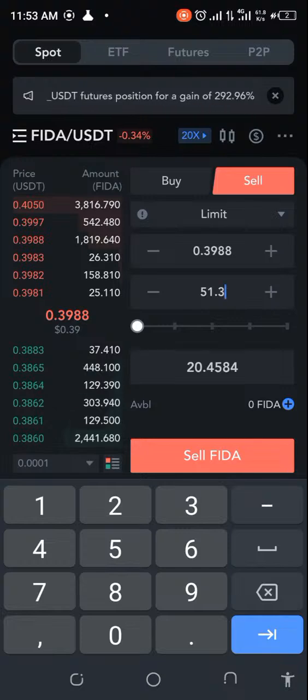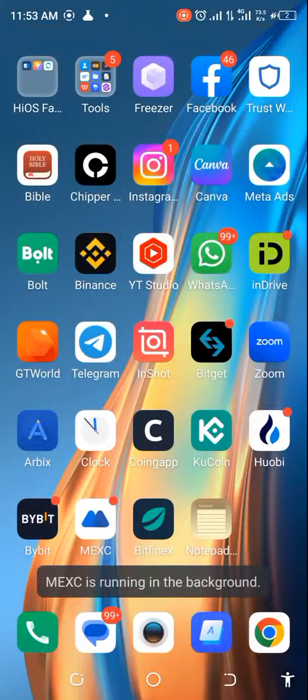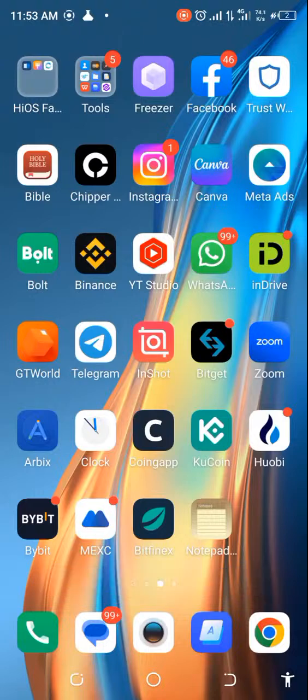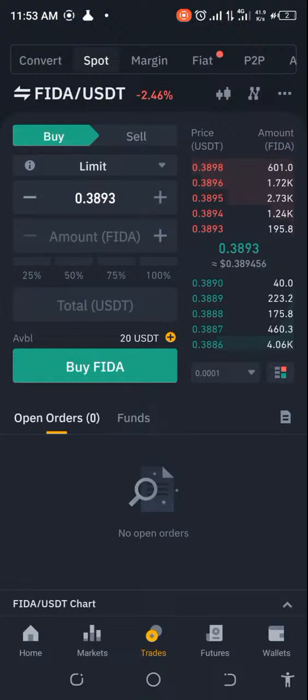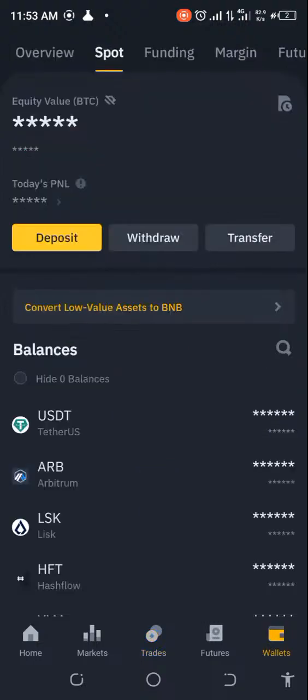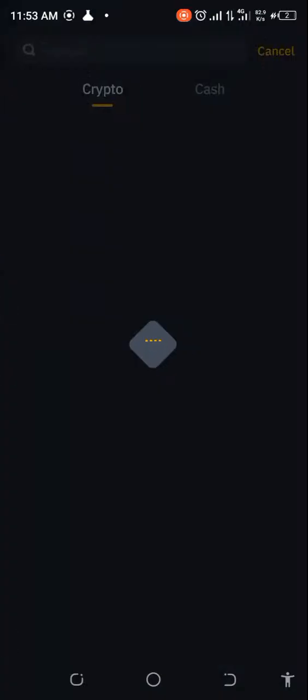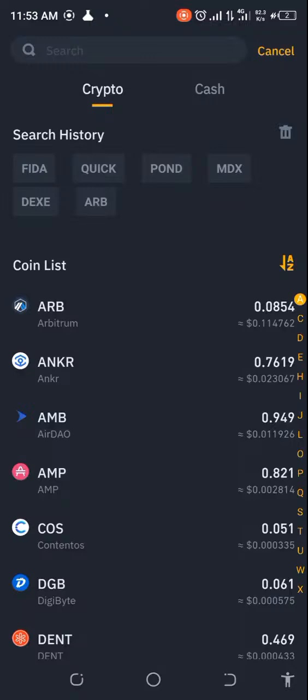The major expense will be the transfer fee. So now we need to go check in Binance to know what exactly is the transfer fee to get this over to MEXC. So let's go ahead and just quickly check this. All right, so then we'll just go ahead and click on withdraw, and then we can just check for this